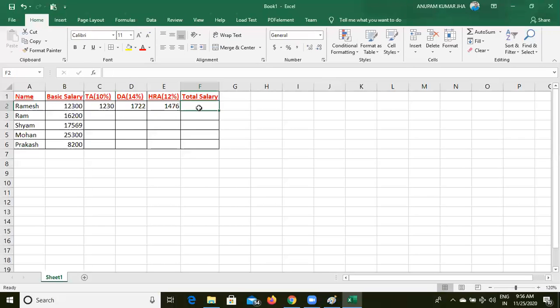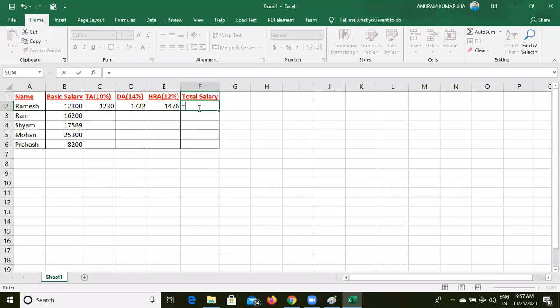Now I want to calculate total salary. Total salary means we have to add all these TA, DA and HRA. Okay, then we will get this salary. So I'm going to add this one.